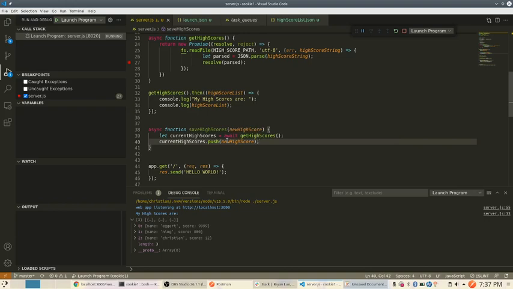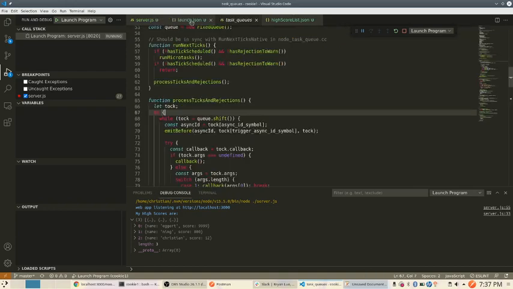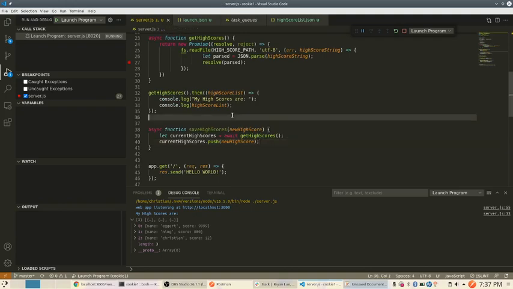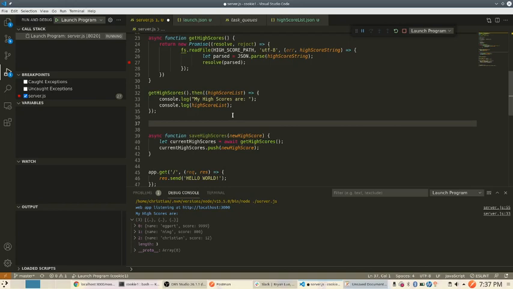Another thing that I want to do is sort these. And how do we do that? There's a built-in function for sorting arrays, but I'm not sure if it knows how to handle these, because they aren't just strings or numbers that we're sorting. We have to specifically tell it to sort based off of this score field. So we can actually make a new sorting function. I'm going to call this compareHighScores,